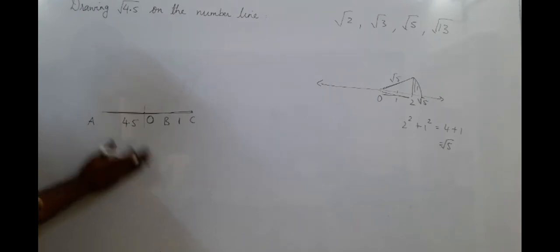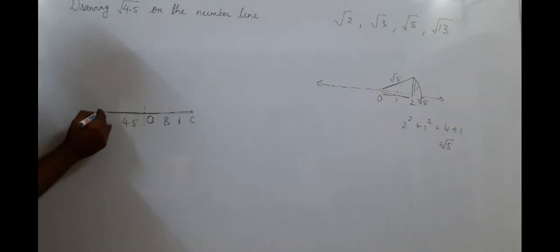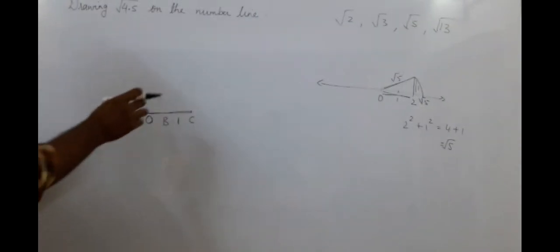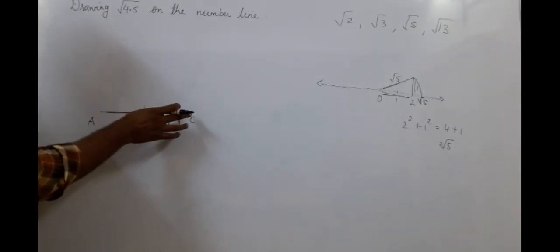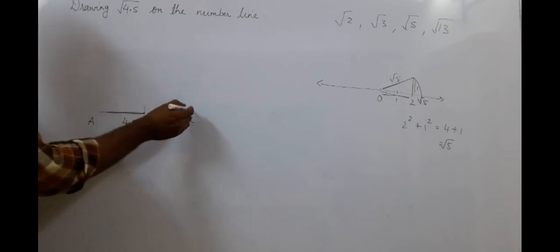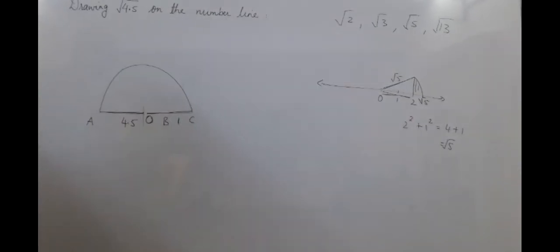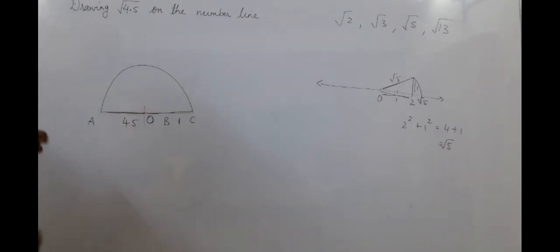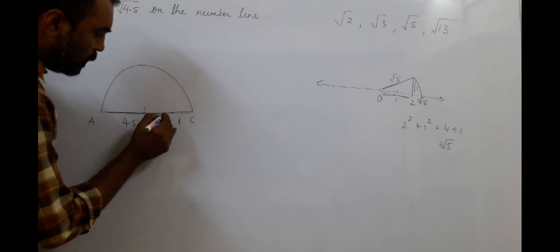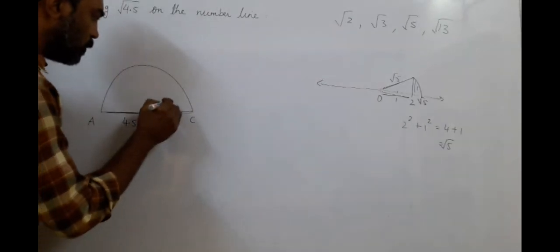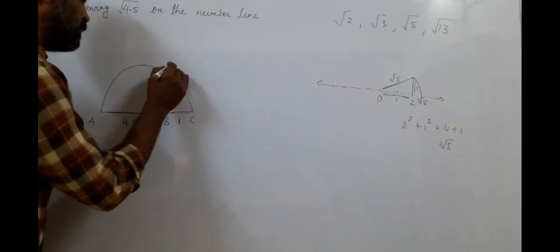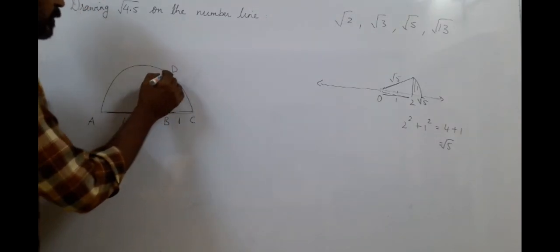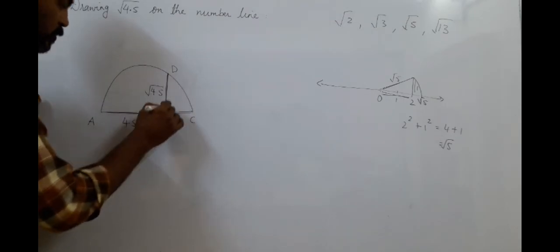Okay? Now why was the midpoint needed? So now you can take AO is the radius or OC is the radius. Now putting the point here, center point and radius, you have to draw the semicircle. Is it clear till here? And after the semicircle, from this point P, draw a line perpendicular which touches the semicircle at D. So BD is your root 4.5. This distance BD is your root 4.5.